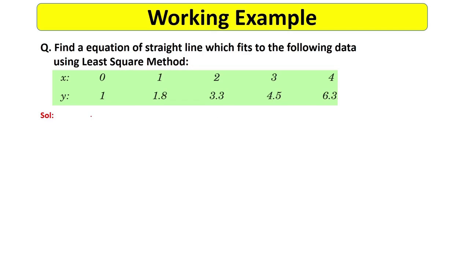Now let's see how we can apply the method of least squares to find the constants or the equation of the straight line. We know the equation of a straight line is y equal to a plus bx. Let's say this is equation number 1. First, we have to apply the summation on this equation number 1. If we apply the summation, it will be summation of y, then this will be n into a. How will it be n into a? Here a is a constant and b is a constant.